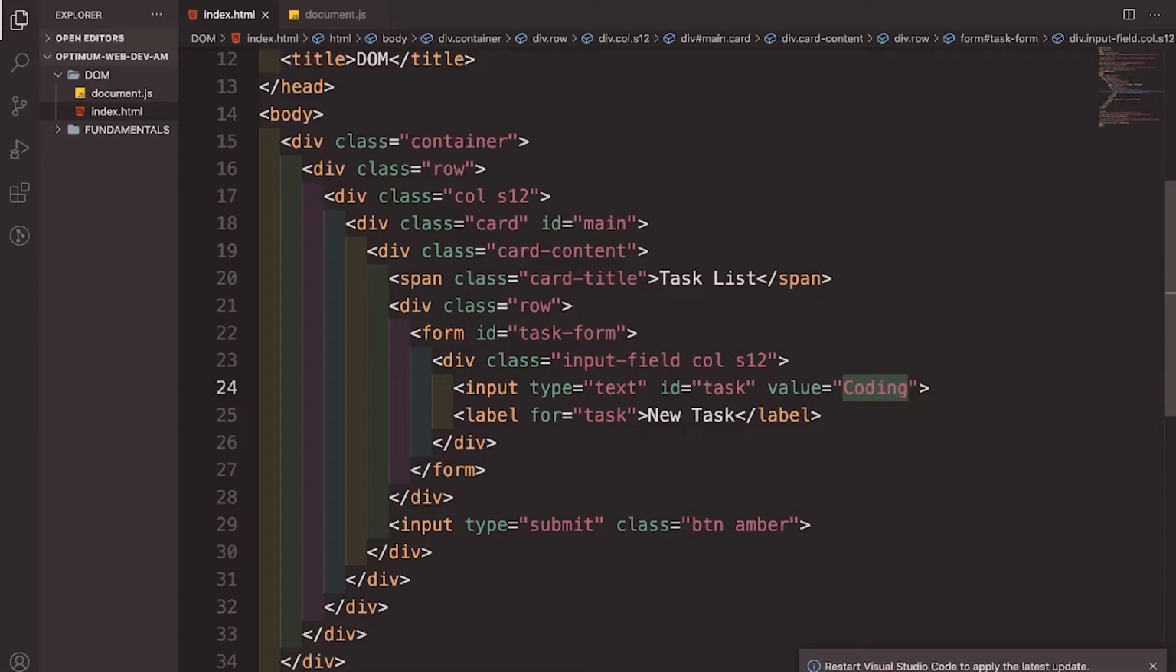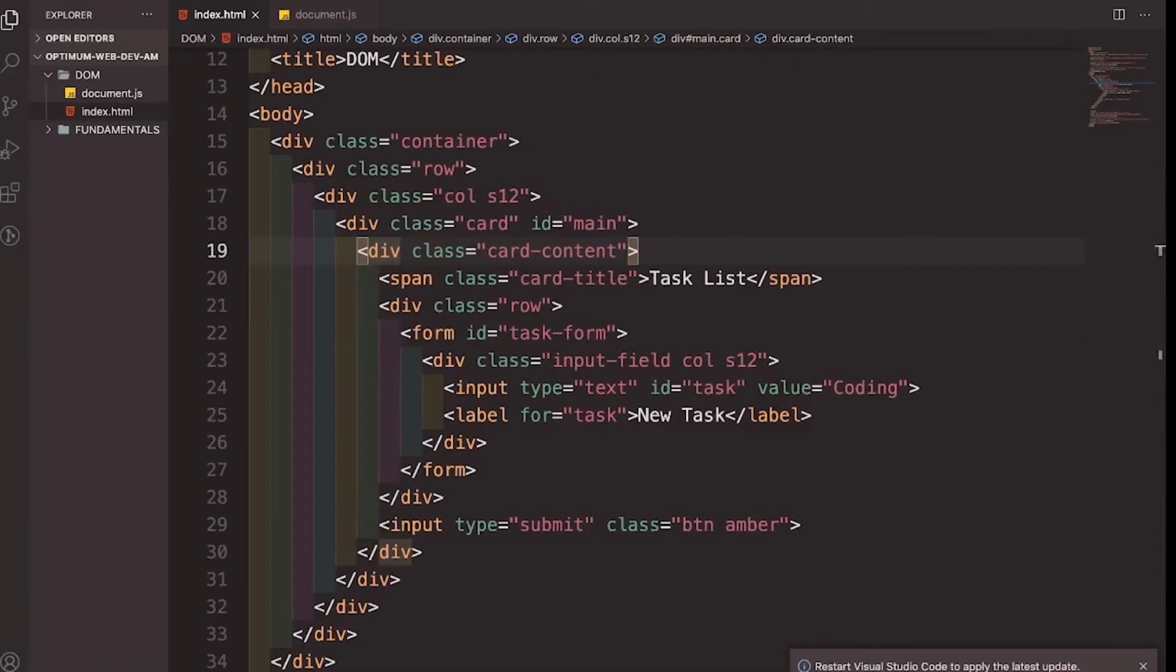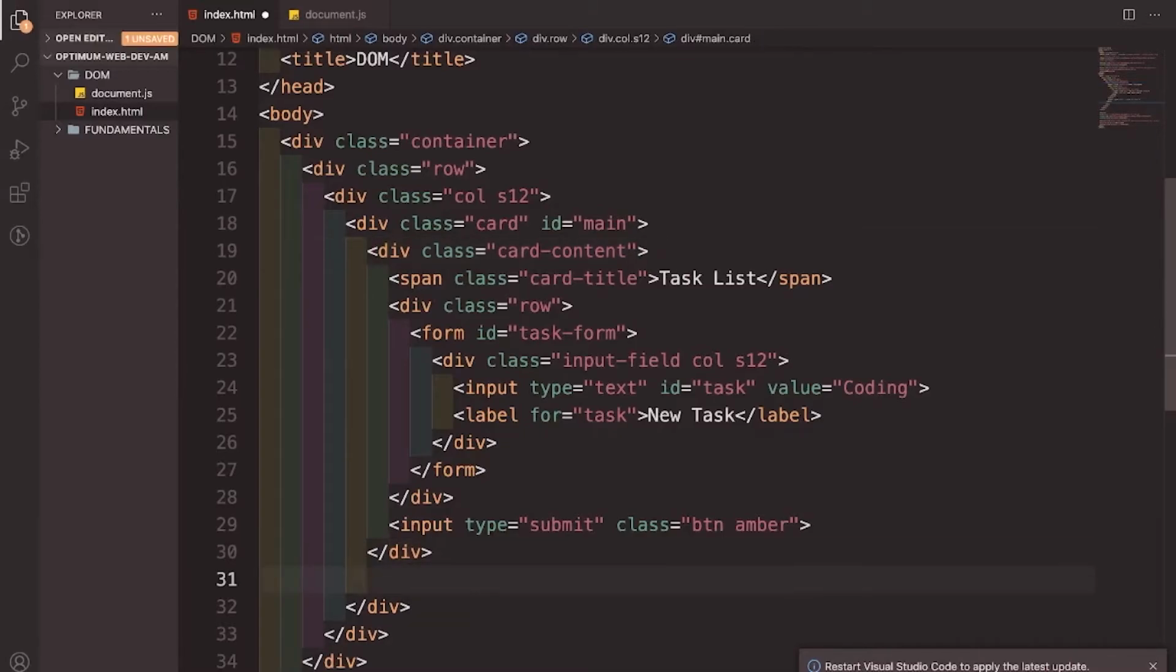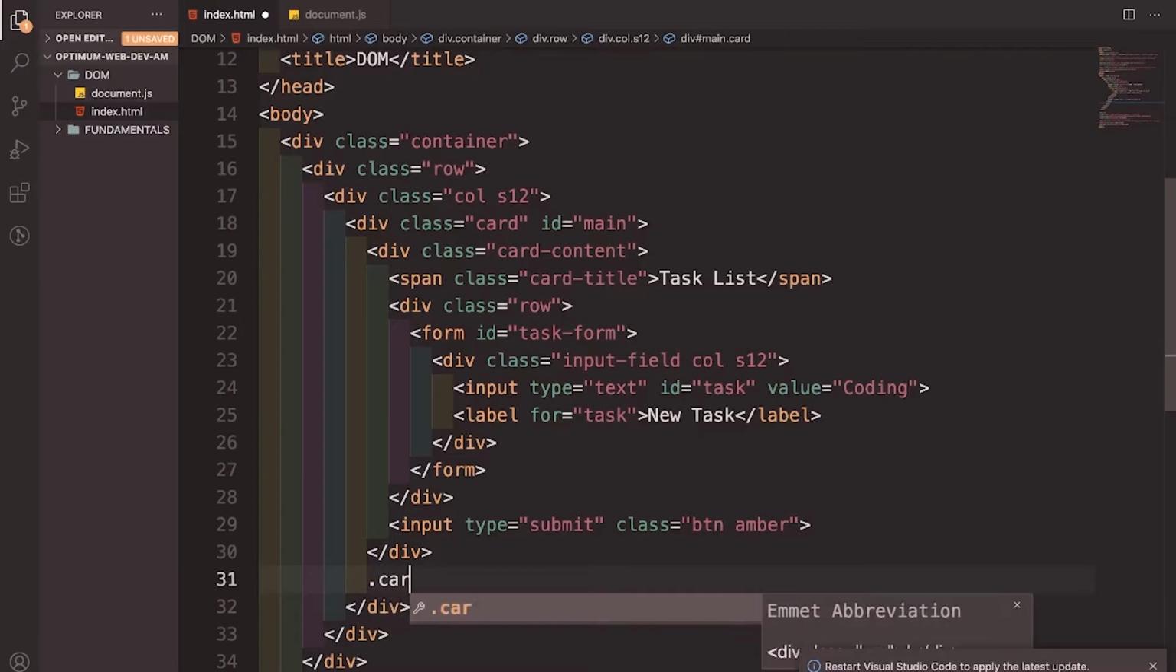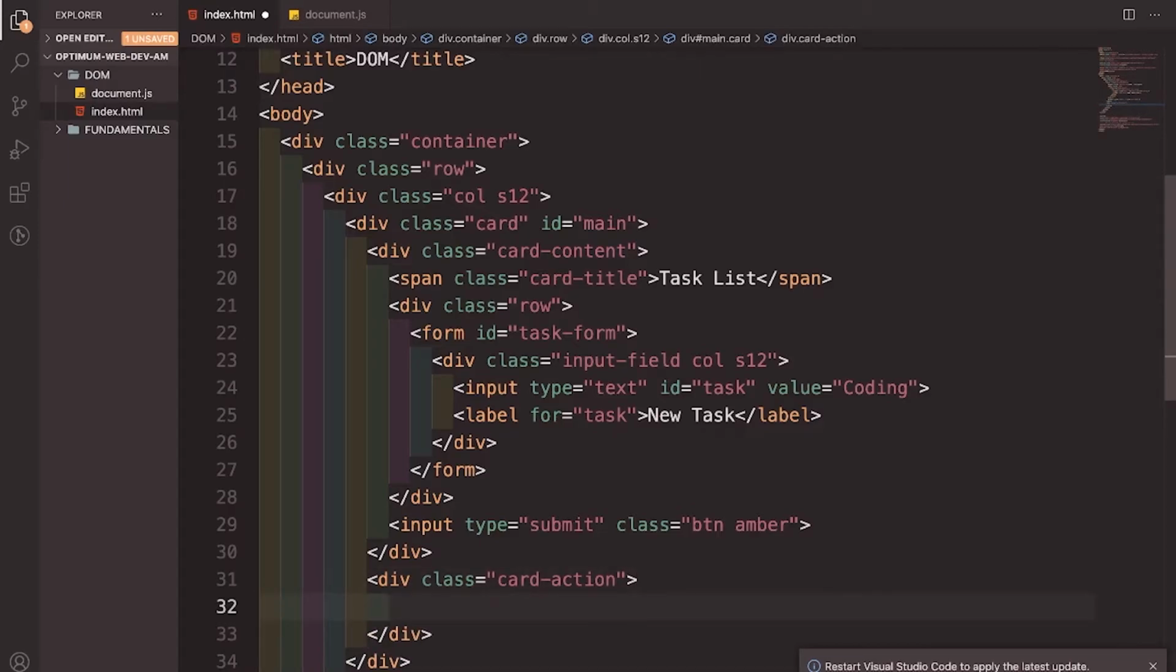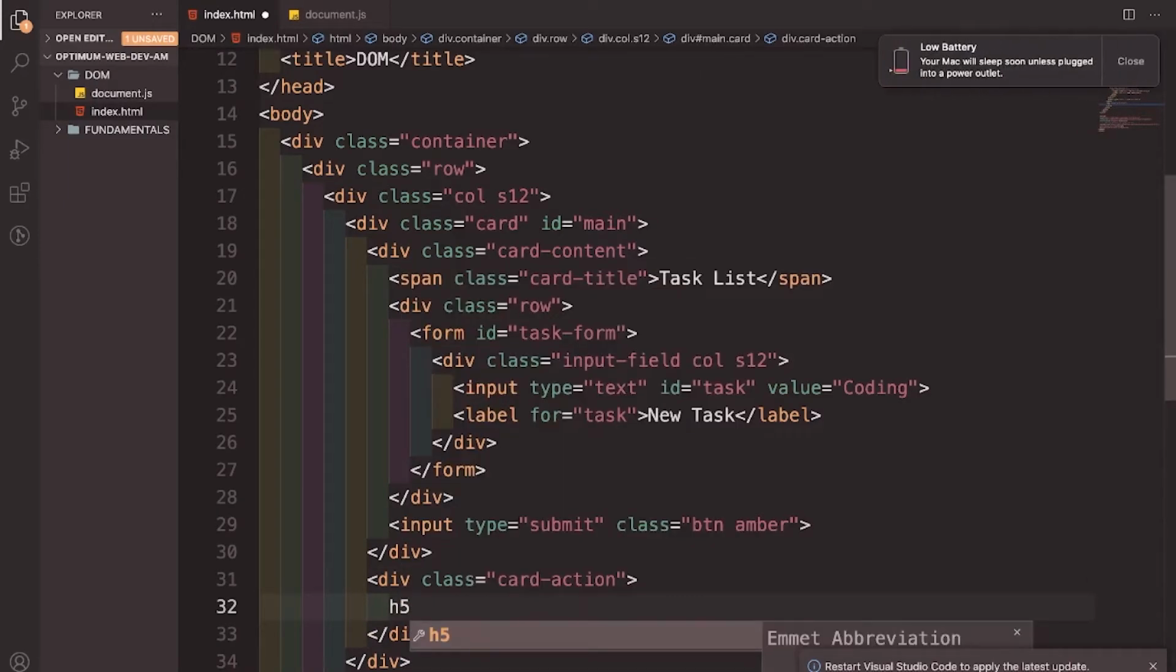Alright? So, let's continue creating this structure. So, after the card content, this one. So, siya yun no? After the card content, let's put another division. So let's just add a card-action. Alright, so yung card-action, lagyan natin siya ng H5